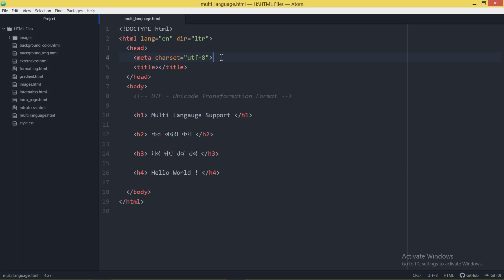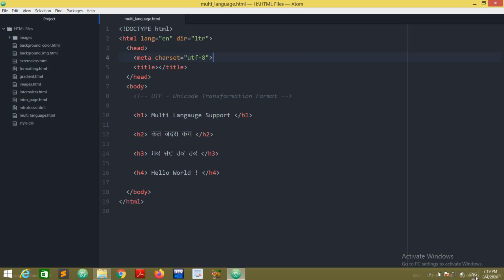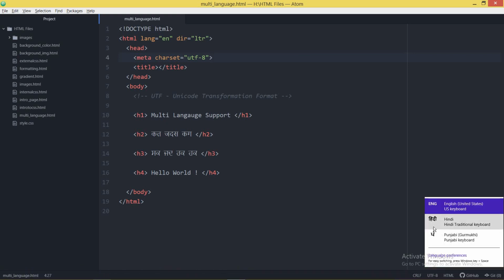If you want to add multi-language content on your website, you can add the languages of your keyboard from your Windows operating system itself. No need to install fonts from Google.